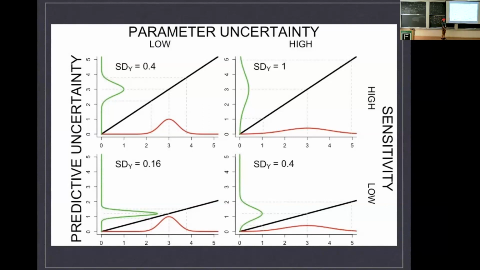On the flip side, if you have low uncertainty in your input and you're not very sensitive to that input, you end up with very little uncertainty in your prediction. But it's worth noting these two other cases also matter: something can be important either because it's uncertain or because it's sensitive. I point that out because in my mind, it illustrates that sensitivity by itself is not sufficient to understand what's important in your prediction,